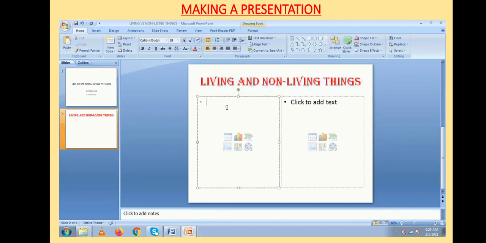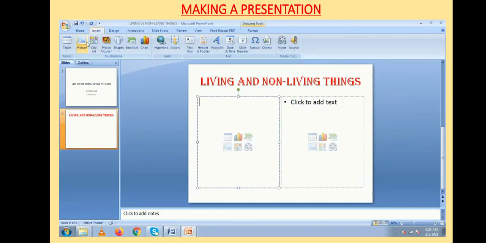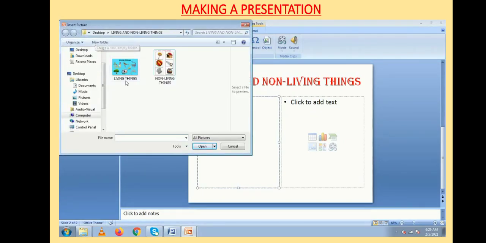And if I want to add a picture of living thing and non-living thing, then I can add it by following these steps. Don't bother much about these steps because we will discuss it later.